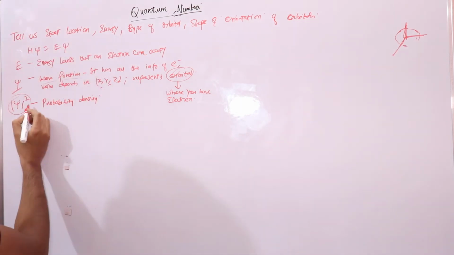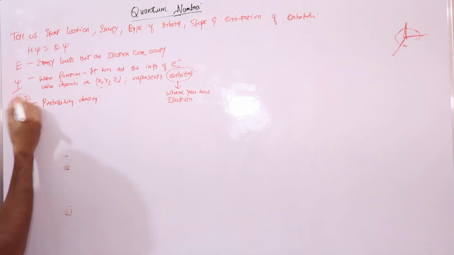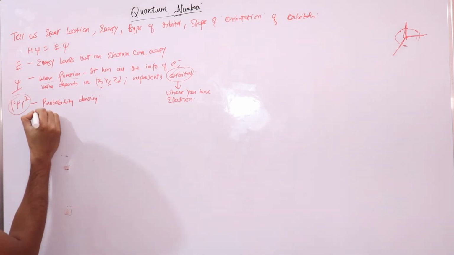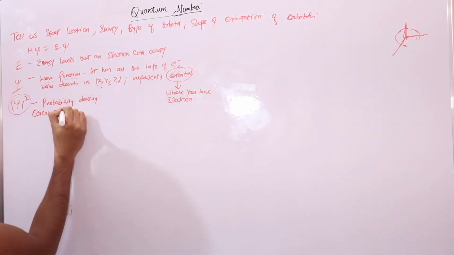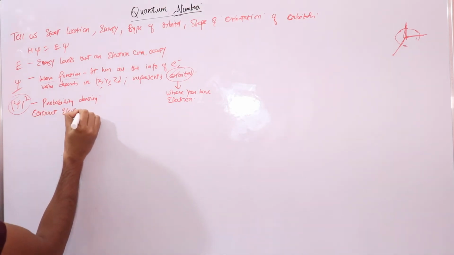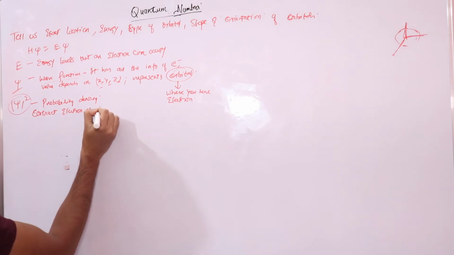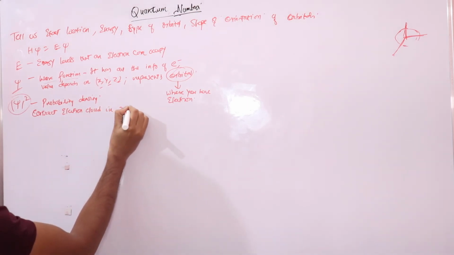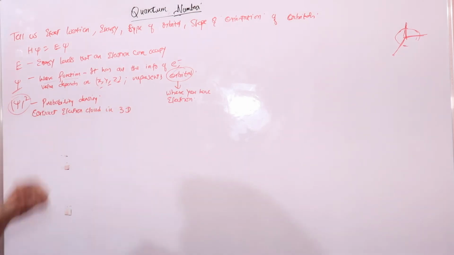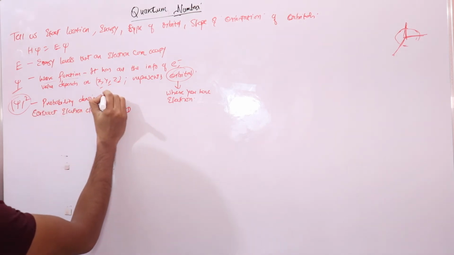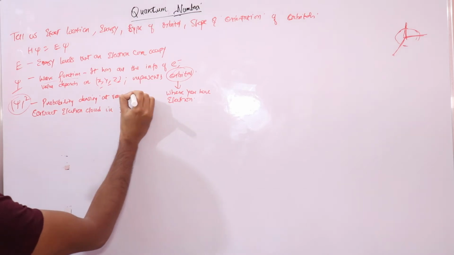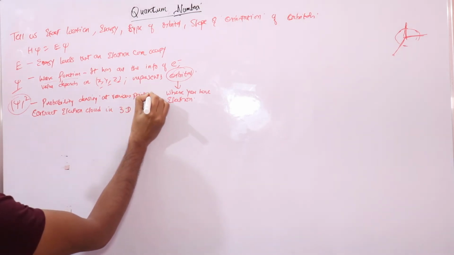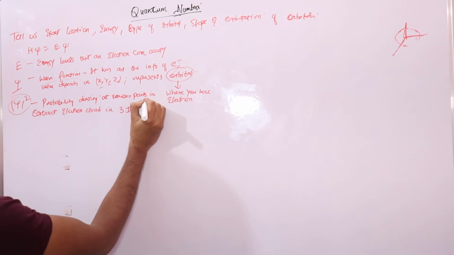So using this value of psi square, we construct the electron cloud in three dimensions, right? And this psi square represents probability density at various points in